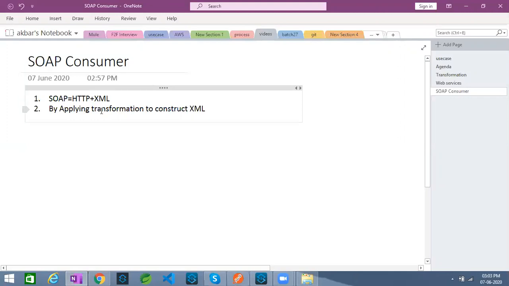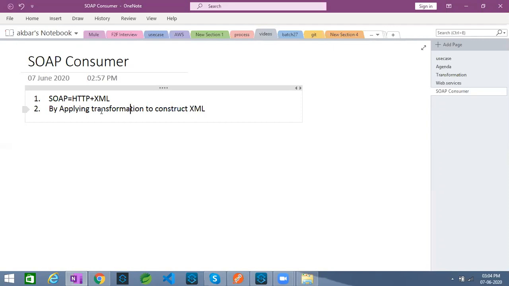So with the help of Mule, I am going to handle a case where a client is not interested in sending the data in the form of XML because it is a huge payload. My intention is to send two query parameters over HTTP using the HTTP GET method, and I would still like to invoke a SOAP-based web service. But as per the rule, a SOAP service always expects XML and returns XML as the output.